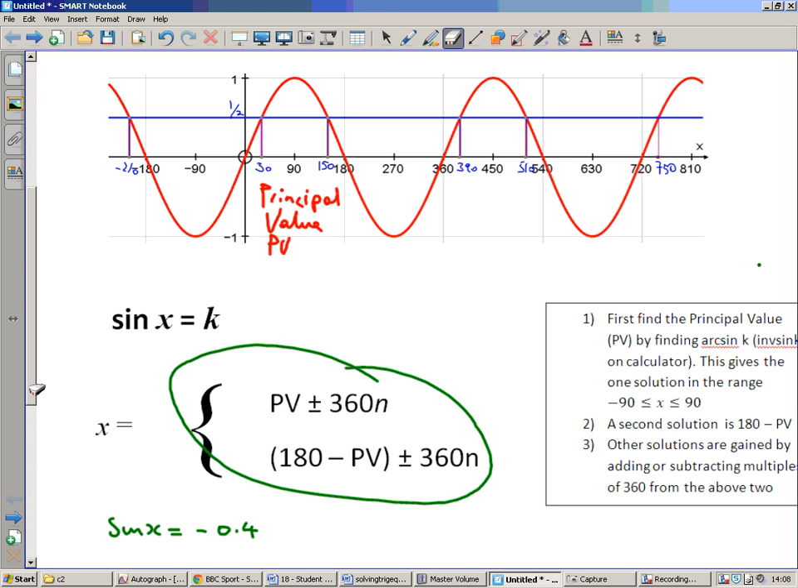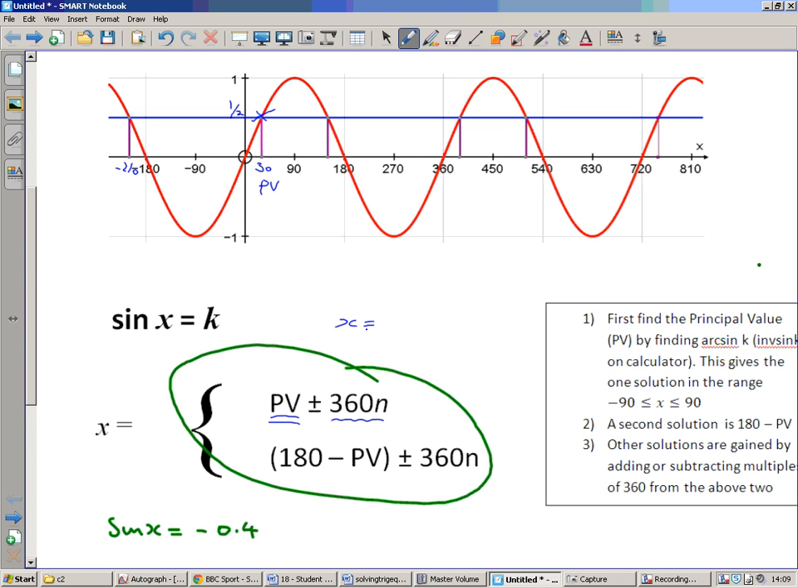Okay, so let's just rub these values out. Principal value. Okay, let's rub those out for the time being. How does this formula work? Well, principal value, of course, is this one, and that's the value the calculator will give you. You get a lot of other values by adding multiples of 360. So we've got x